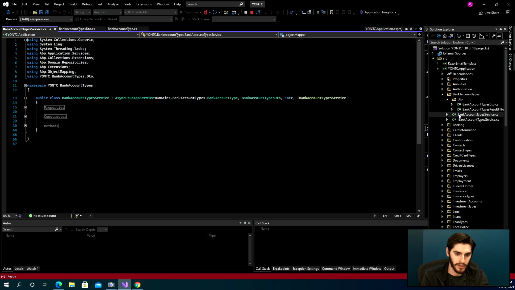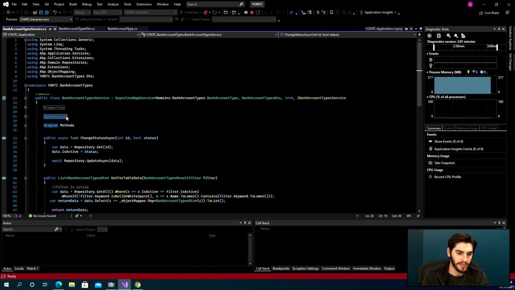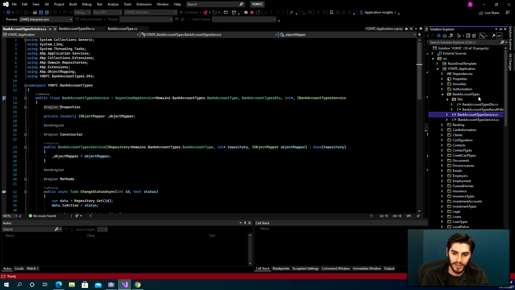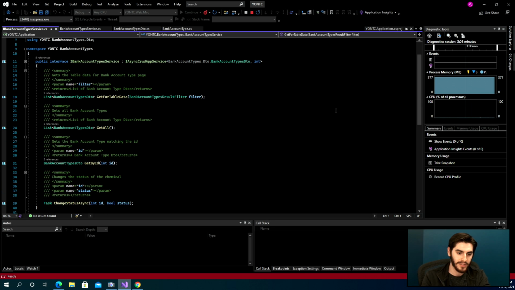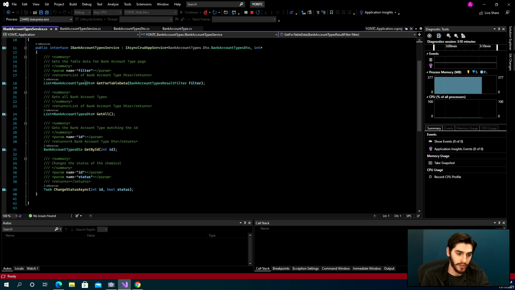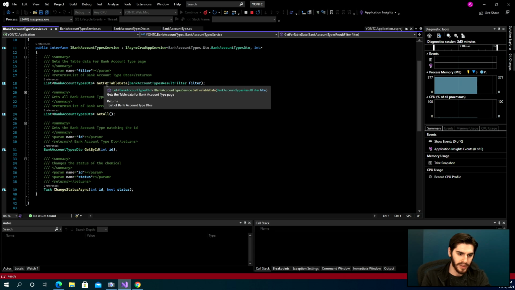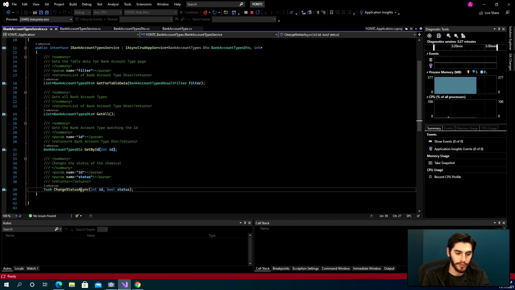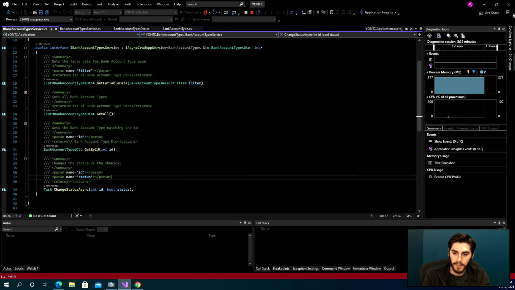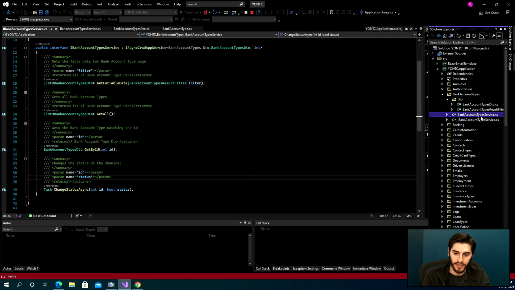Now, the service layer, which is also going to be inside of your application, is broken up into two parts. You have your interface for the service and the actual service. In the interface, all it is is our function calls and descriptions of what those functions do. In the case of bank account types, we have a function that can get all of the table data, all of the bank account types. We can get a bank account type by ID, and we can also change its status. So we go into the service layer, we'll see